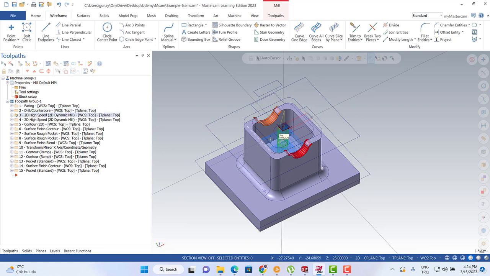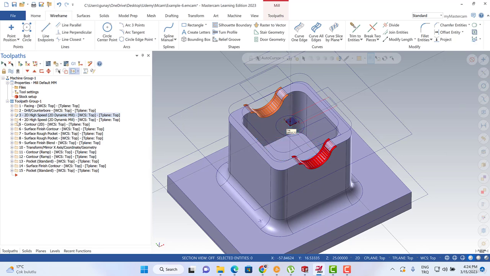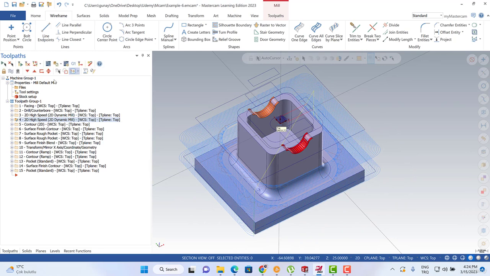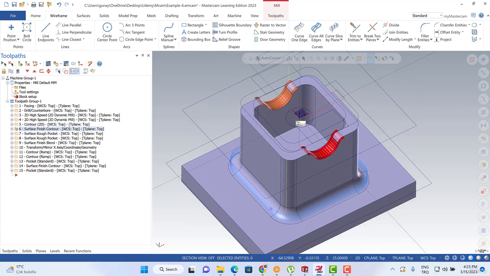After that, we're going to see the 2D high-speed toolpath for an inside pocket, and then the outside high-speed toolpath, and then some pocket and contour operations. Then we're going to see some roughing process for the finish contour toolpath, and here a roughing and pocket operation, and another pocket operation using the same face, and then the surface blend toolpath for